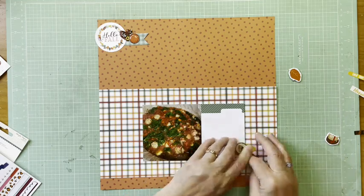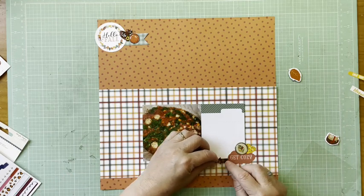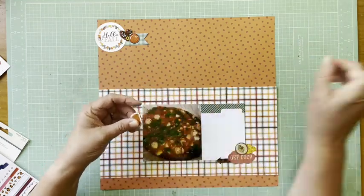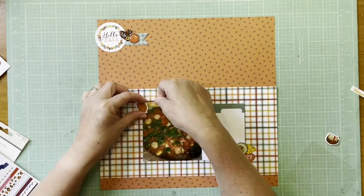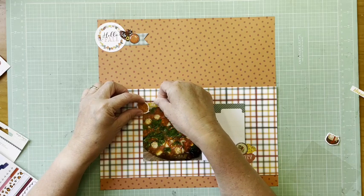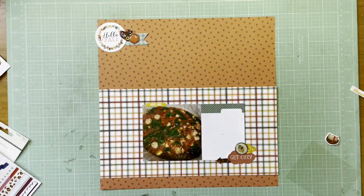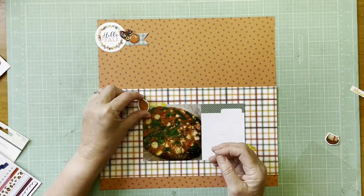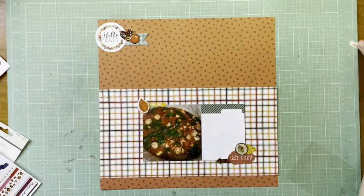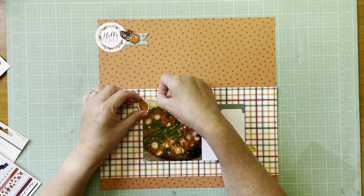Okay, there we go. Now I'm liking that cluster a little bit better. I do want it to get a little more horizontal there though and take up some more of that white space. So I grabbed that arrow from the late afternoon collection. And then I'm adding in that love this and then the afternoon sticker, which you'll see in just a minute, the fall. So it's got a real cozy sort of fall vibe to it. Thus the name of the layout, plus the fact that I have the